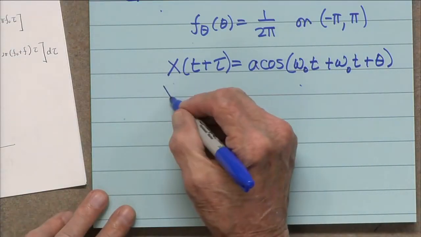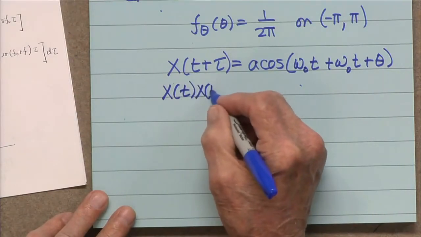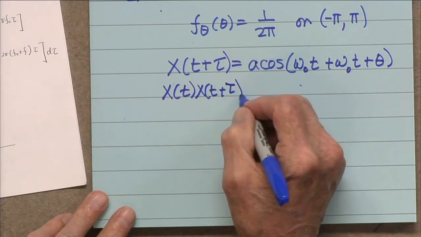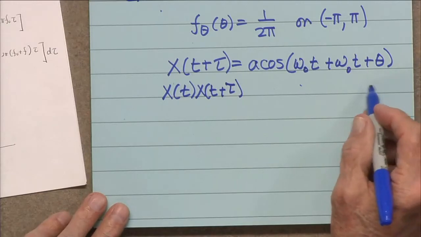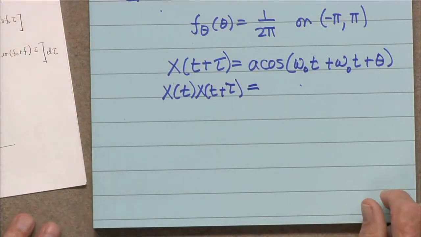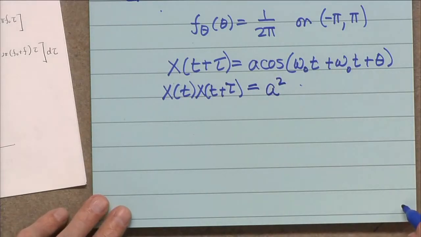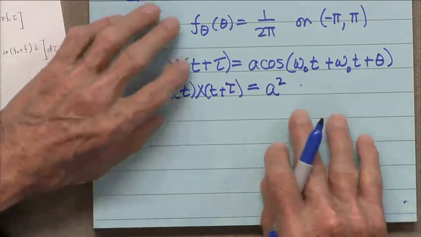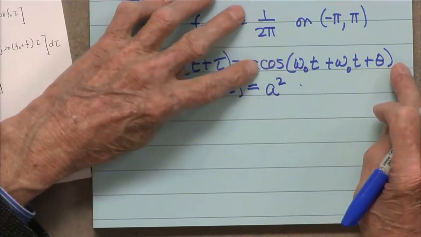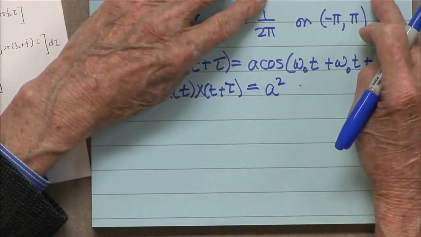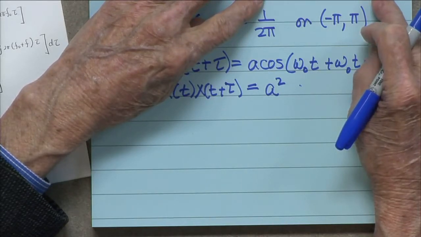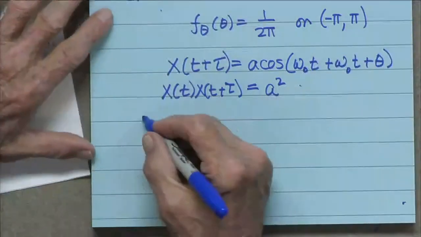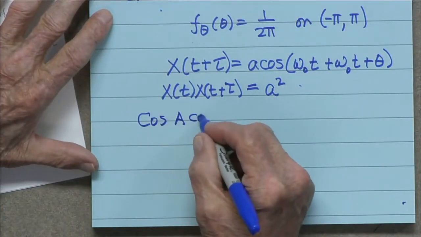And x of t plus tau, it's going to be A squared times this cosine function times this cosine function, right? Sum and difference. Cosine sum and cosine difference. Right? Cosine A, cosine B